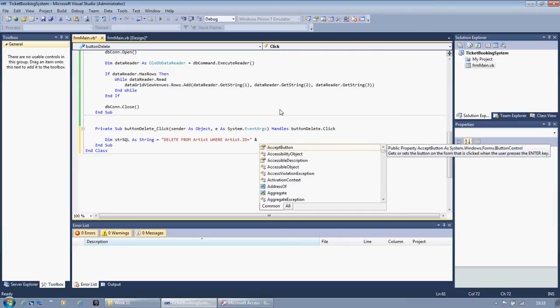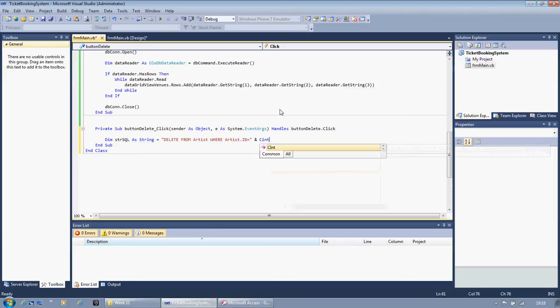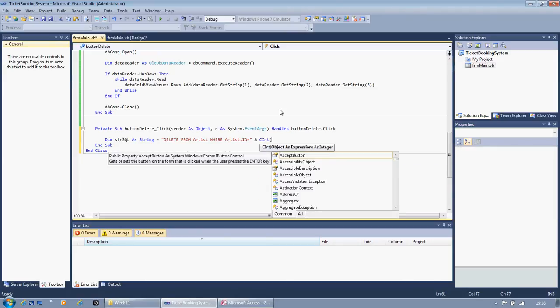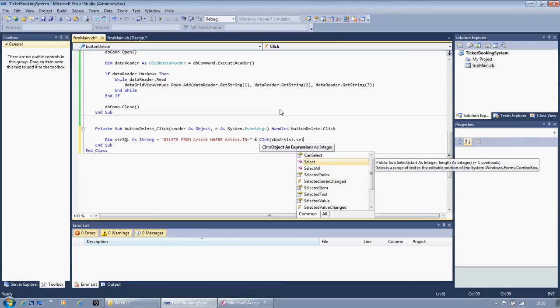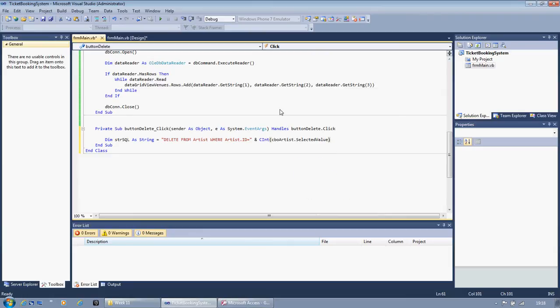the value that we're going to get from the drop down list, and we're going to do it by the ID. So I'm going to convert that value to an integer because I believe the value ID from the combo box, I'm pretty sure it's a double, so I'm going to convert it to an integer. But by all means, if you find that I am wrong, please let me know and post a comment